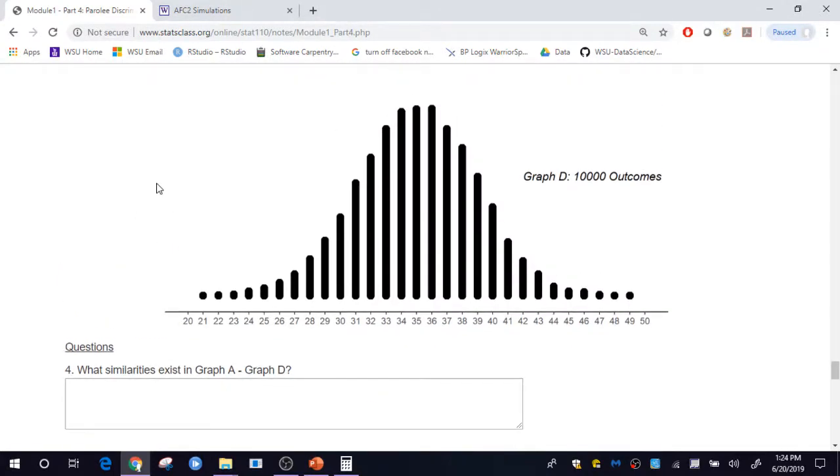So again, the important thing here is to separate the likely from the unlikely outcomes. So I would say that even though I had a value of 21 and 22, those are still somewhat unlikely in this situation. I believe I only got 1 dot there at 21 and 1 dot here at 22, so that's not very common. Out of 10,000 outcomes, I only got 1 dot down here at 21 and 22. So those are still unlikely outcomes.